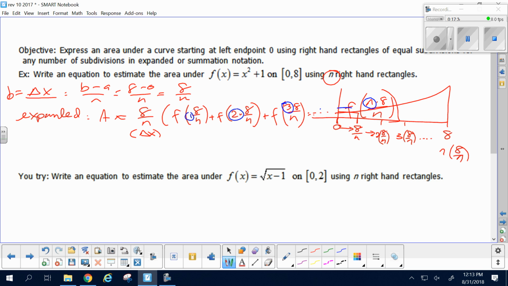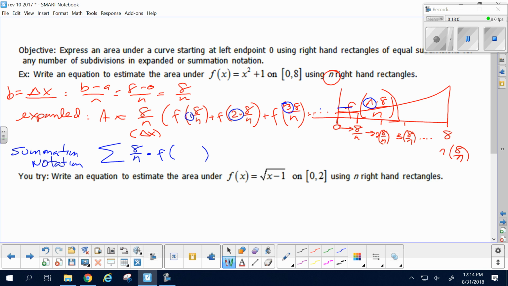So if I were to do this in summation notation, or with the old sigma, don't you dare call it the big E. It's not a big E, it's a big S. Sigma is a Greek S, not a Greek E. And so the big S is, well, we still have that delta x there, it's 8 over n, and it's times f at,